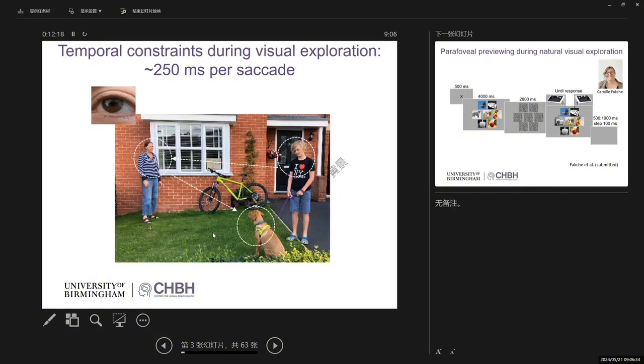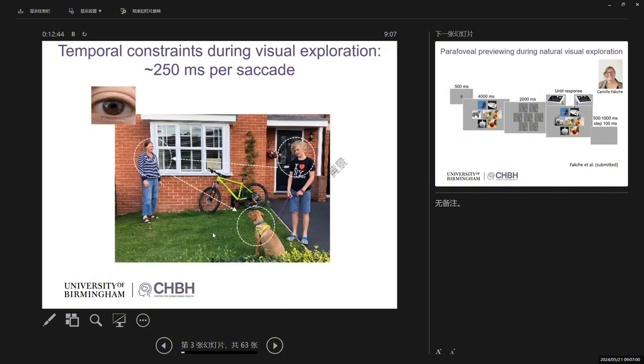And all this has to explore potential saccade goals. And all this has to happen within 250 milliseconds. Since we know that it takes about 100 milliseconds to prepare and initiate a saccade, that leaves only 150 milliseconds to both process the object you fixate at and also entertain future saccade goals, right?